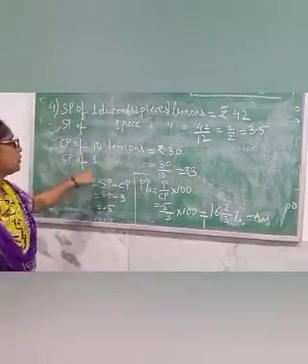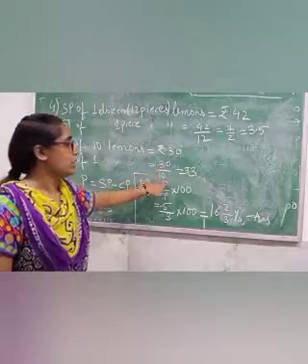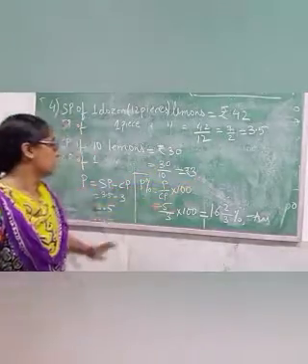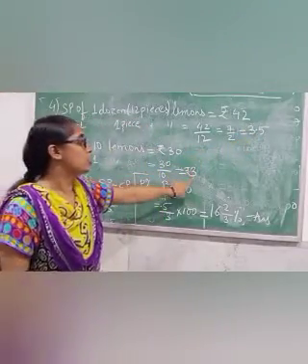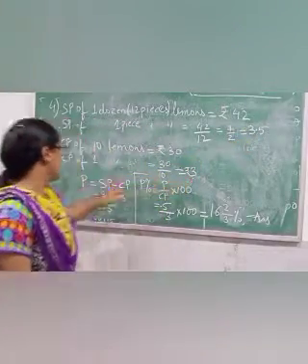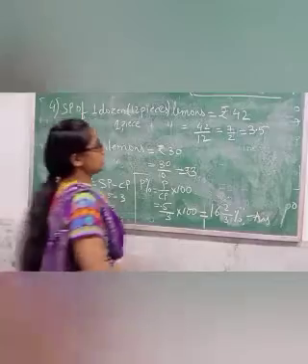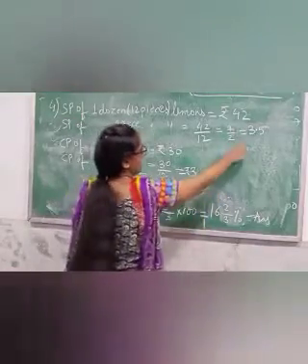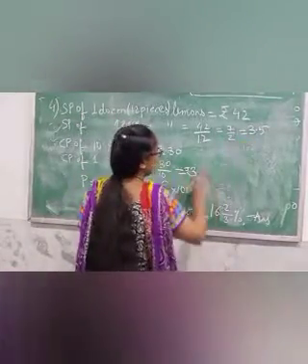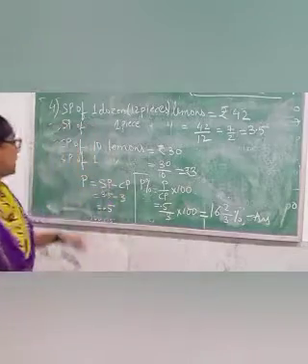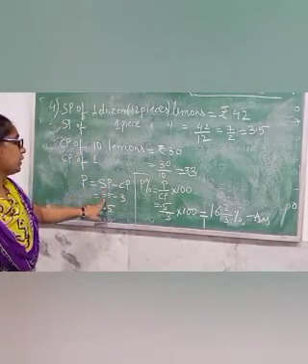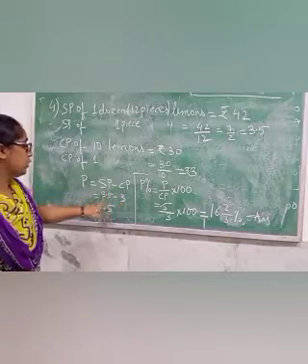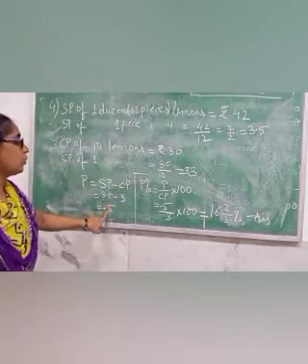Now cost price of 10 lemons equals rupees 30. So cost price of 1 lemon equals 30 by 10, which means rupees 3. Now we got selling price of 1 lemon is 3.5 and cost price of 1 lemon is 3. Now you can see loss or profit. Profit, because selling price is more than cost price. So you will write, profit equals SP minus CP. SP is 3.5 minus CP is 3. 3.5 minus 3 will give you 0.5.